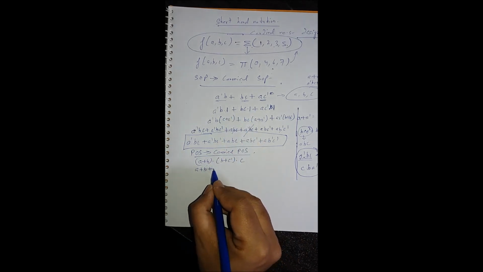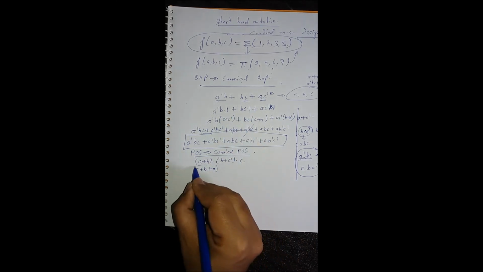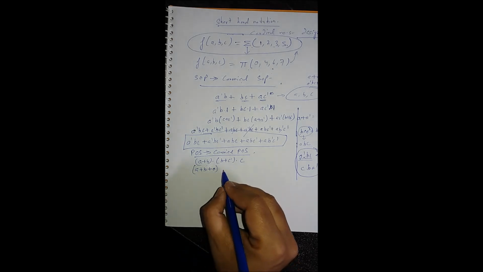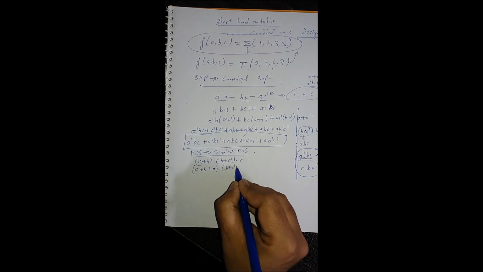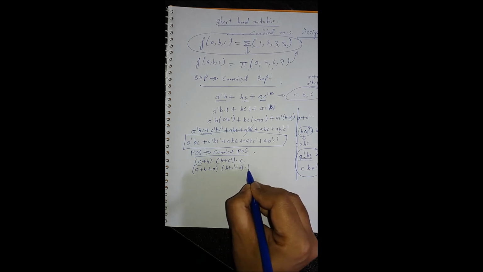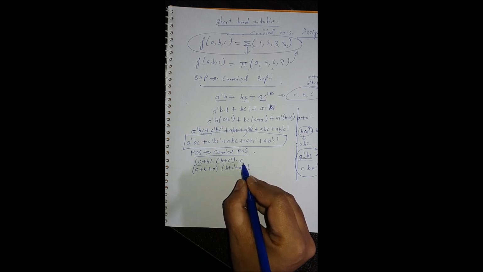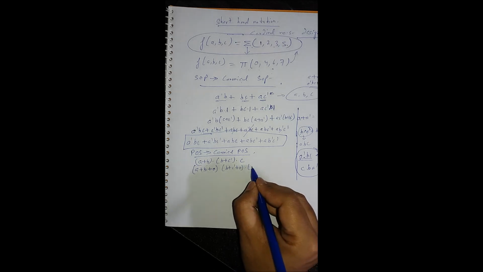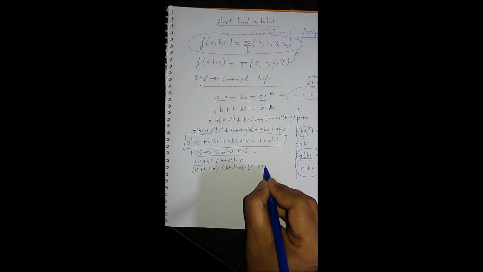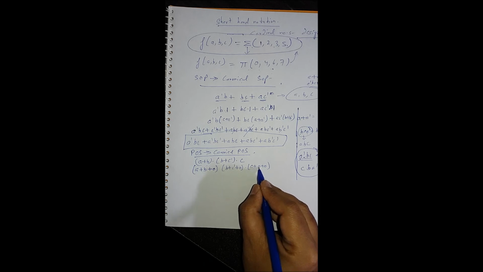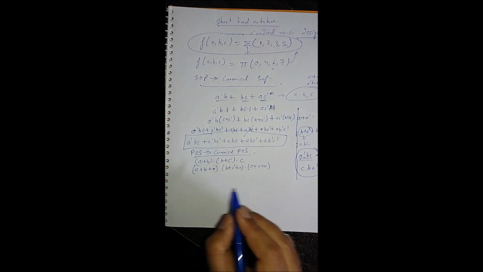Here what we will be doing is just applying the opposite law of that. So we will be adding plus 0 because here C is missing, here A is missing, so B plus C naught plus 0. And here it is only C, so two variables are missing, A and B. So for each of the variables we will be writing plus 0. Let's say this is for A, this is for B.